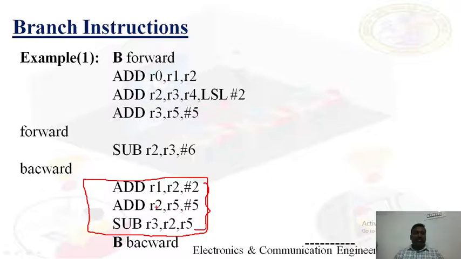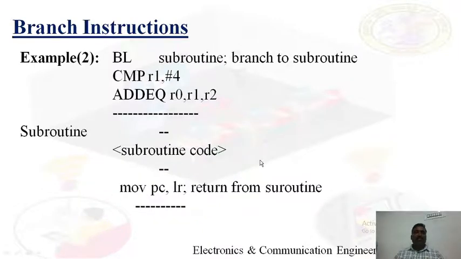Fine. So we'll move on to the next example, where we are using the BL instruction. See here, BL. BL means branch with link. During the execution of the BL instruction, the PC is pointing to the comparison instruction. This is the address where to jump, that is nothing but a subroutine. Maybe a few instructions are written here, and this is the total subroutine code.